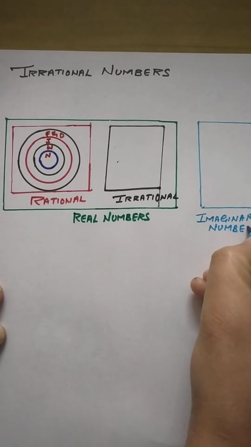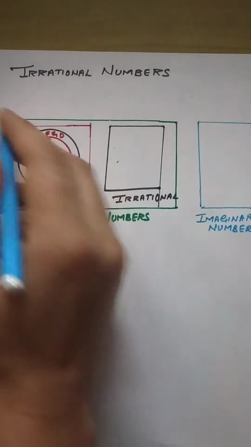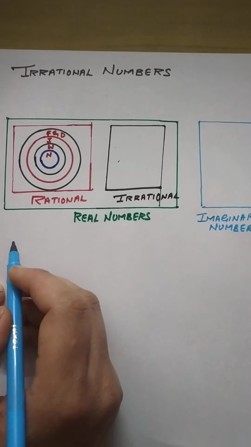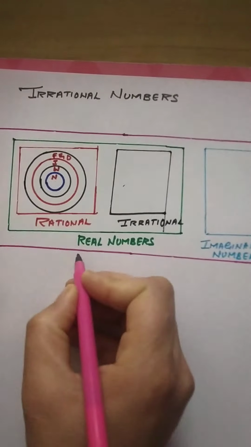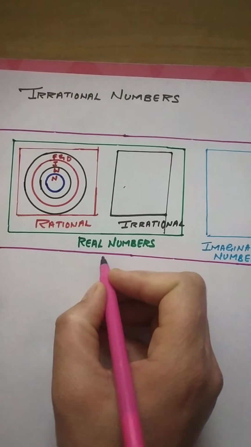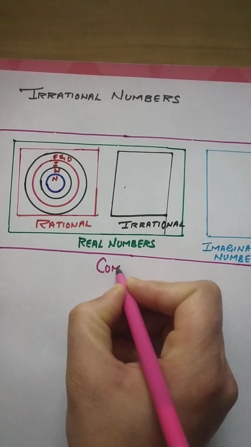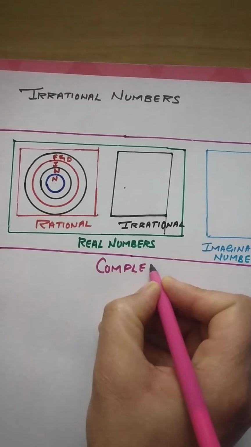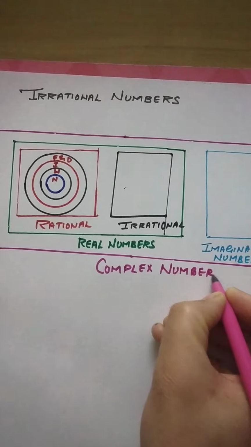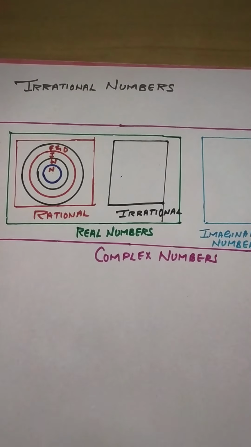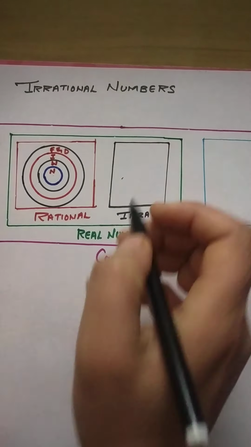Then there is one more family which combines both of them, and that is complex numbers. These are called complex numbers. But in class 9 we are concerned about this